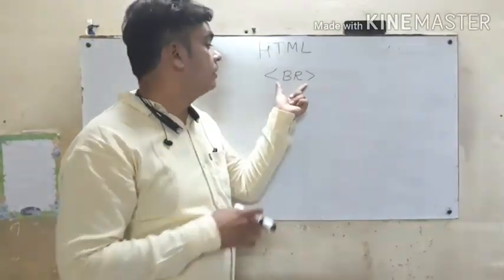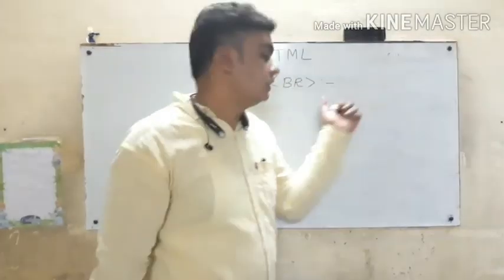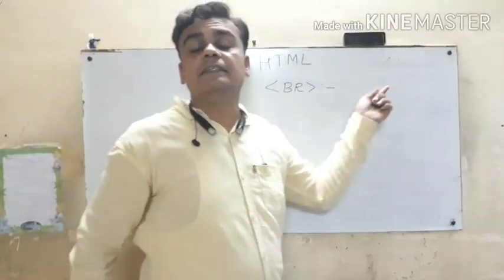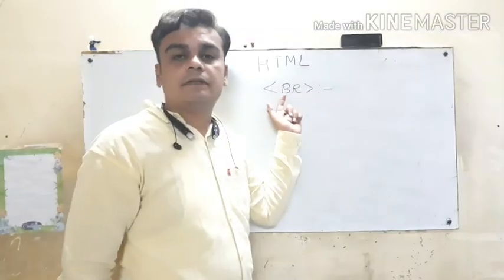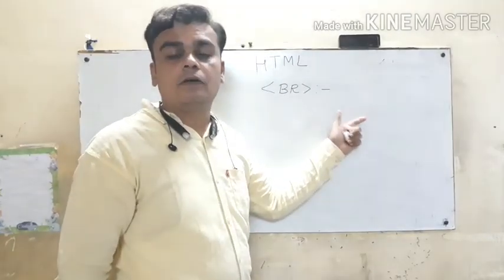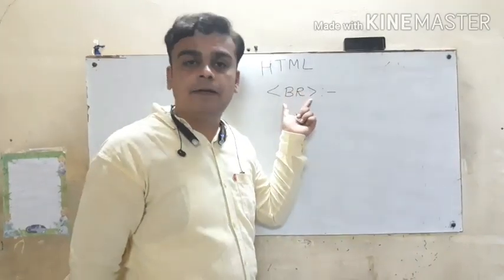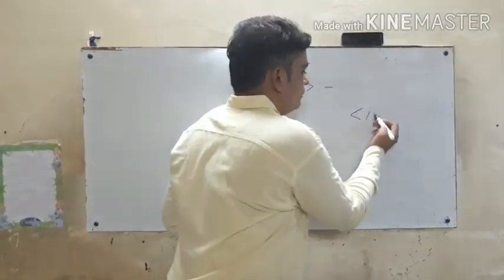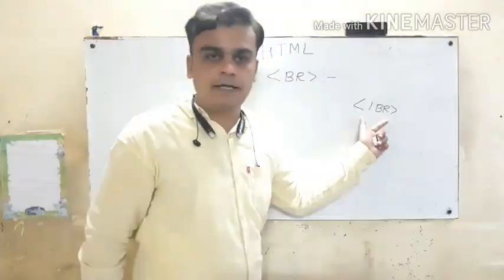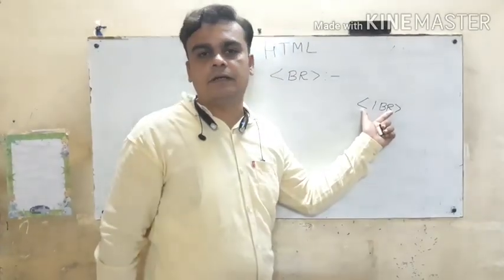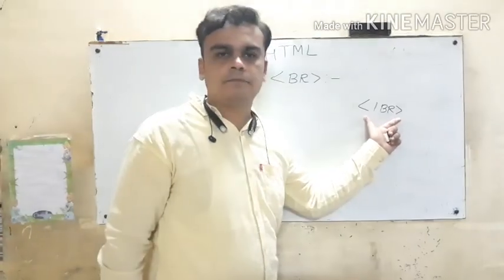Now we switch to our BR tag. As usual, our first point is the meaning of this tag. What is the meaning of the BR tag? It is a line breaking character. It will move the text to the next consecutive line of your web page. Generally, the BR tag is a singular tag, meaning we cannot write /BR. Why is it so? Because it is a singular tag, not a pair tag. If it were a pair, we could write /BR, but since it is singular, there is no need to write /BR.